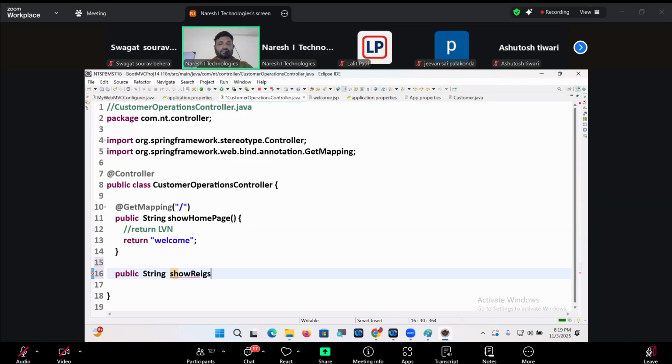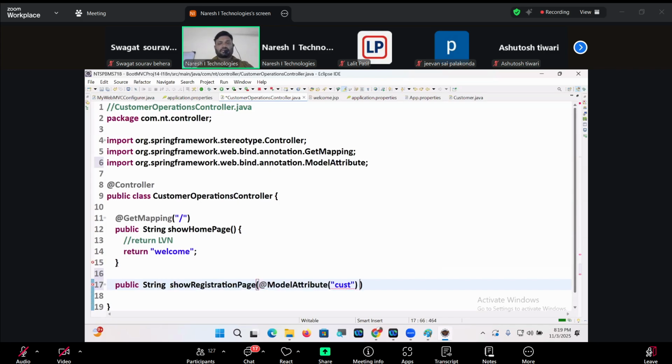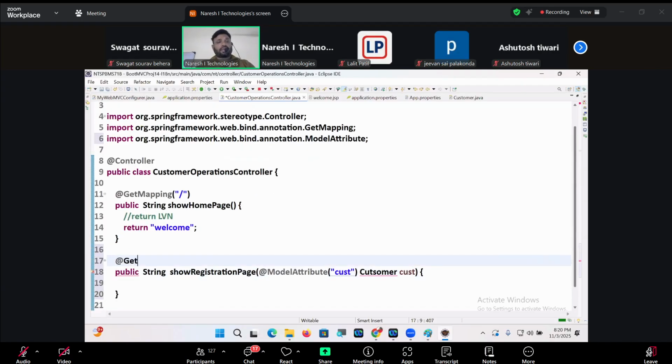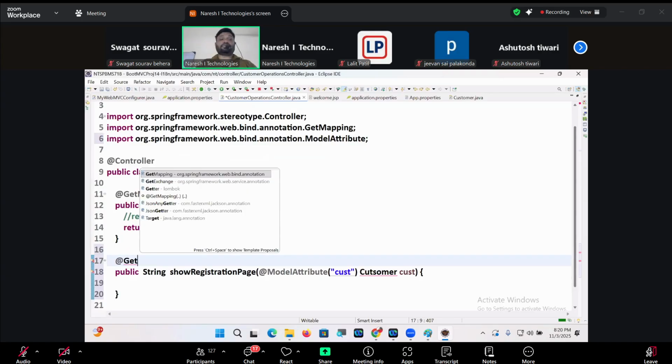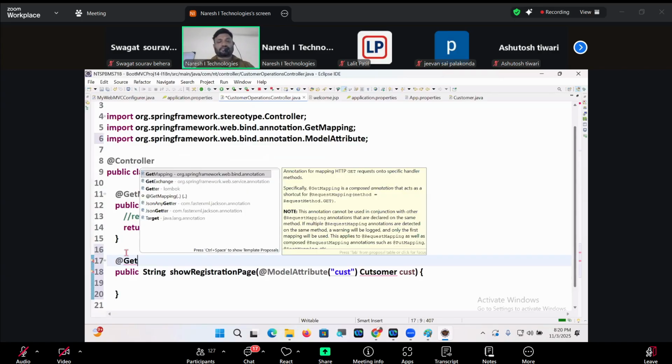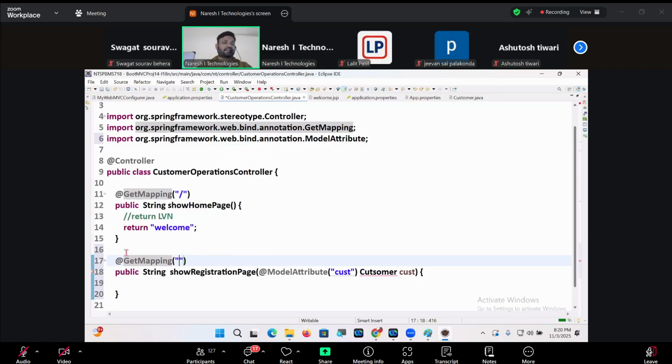At the rate ModelAttribute cust, Customer cust. At the rate GetMapping slash register, fine. Return the LVN, logical view name.